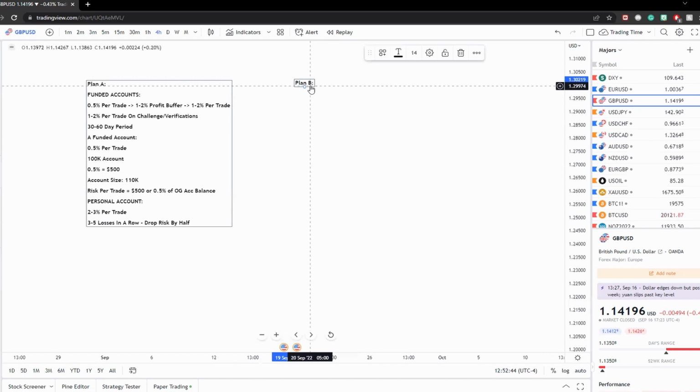For me, that's something I struggle with a lot as well. That's why for me, I do 0.5%, because at 0.5% per trade, I can sleep easily at night. Okay. It's very unlikely for me to lose 20 trades in a row, losing 0.5% each time, and lose the whole account. Very unlikely. Not saying it's impossible. I'm saying it's very unlikely because